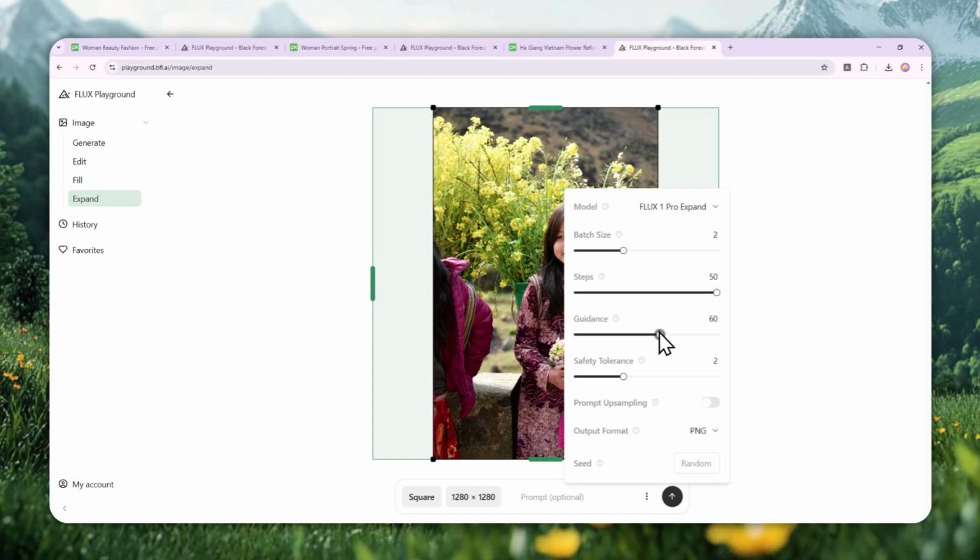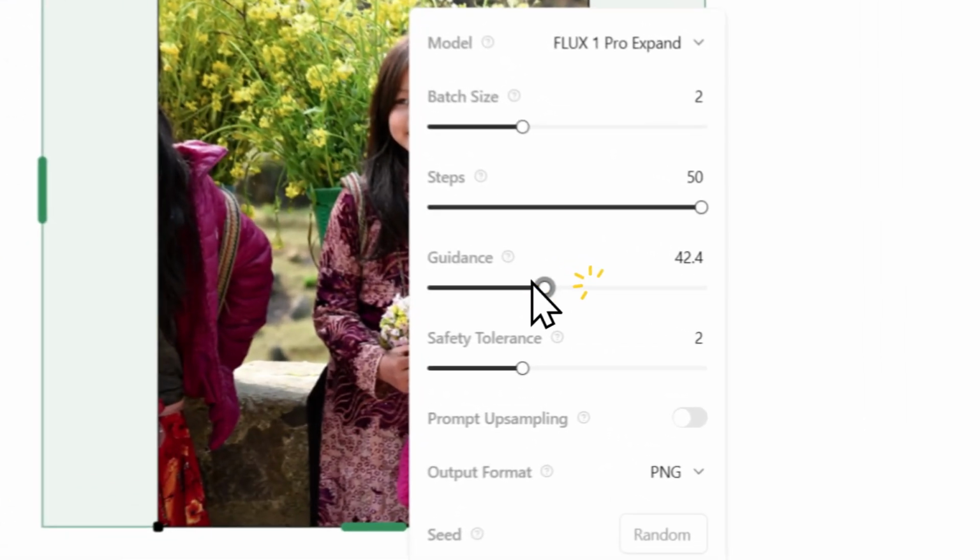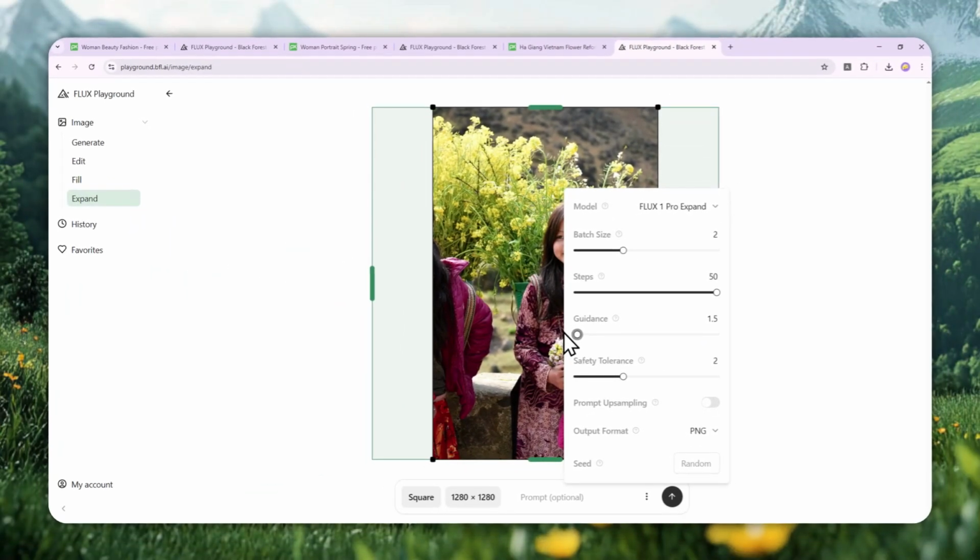And for the guidance, this is particularly relevant if you are using a prompt. So guidance is essentially how much freedom you want to give to AI. If you want AI to be flexible, then you want to set it close to 0. And basically AI is not going to be 100% following your prompt. AI is going to be a bit more creative in its approach. But if you want AI to be very specific, following exactly what you say in the prompt, then set it to maximum. But in this case, since I'm not using a prompt, I'm going to just select the default setting,